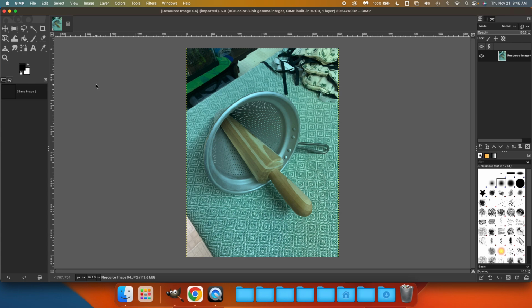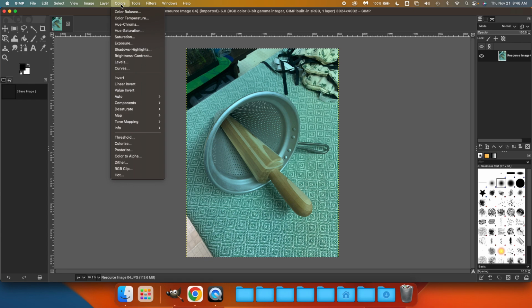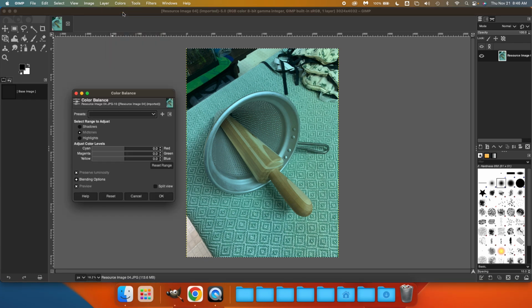Let's take a look at the color balance tool. So like your other tools, you're going to come up to your menu, colors, and color balance is the first one on the list. When this window pops up, just to sort of break down what you're looking at here,